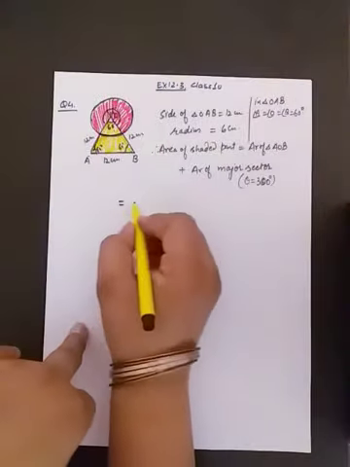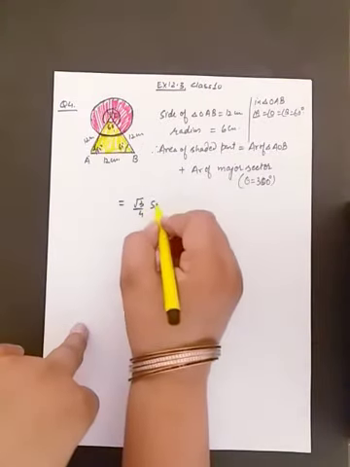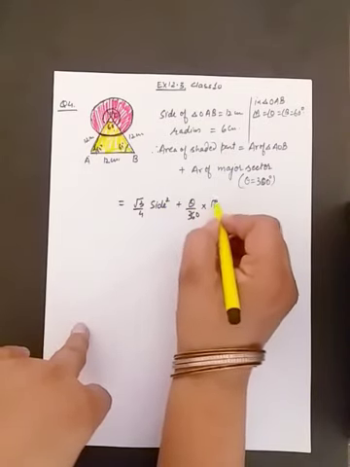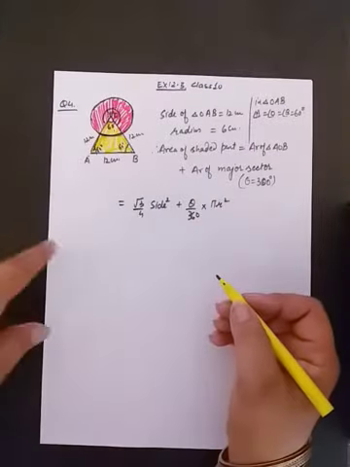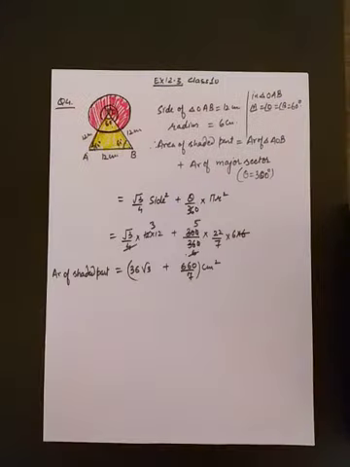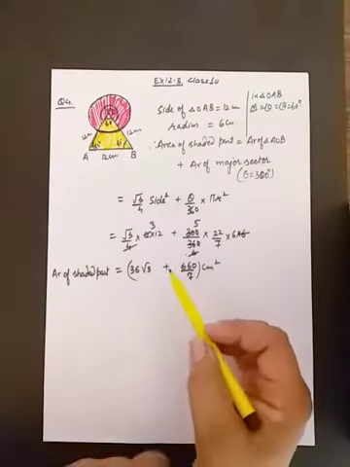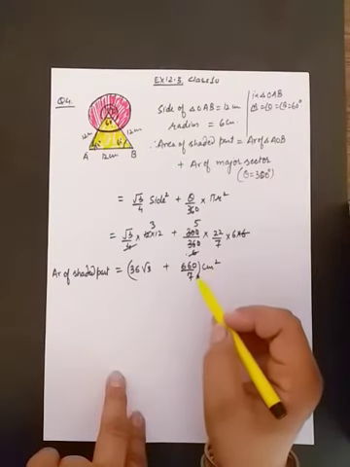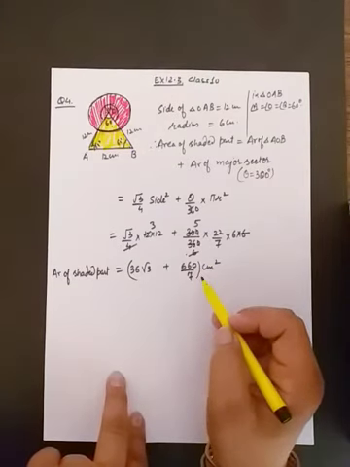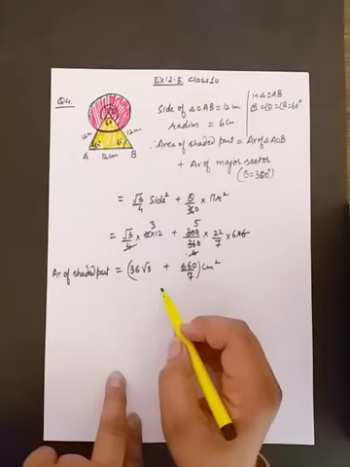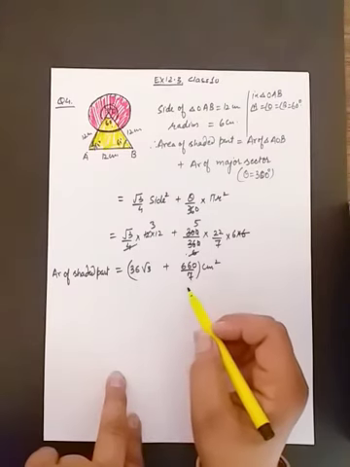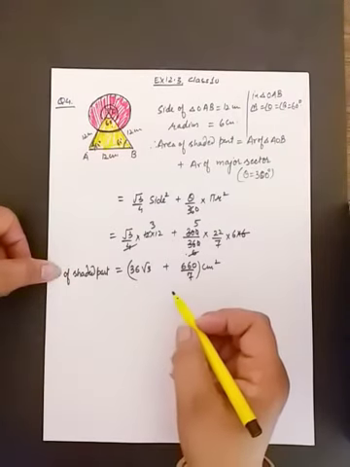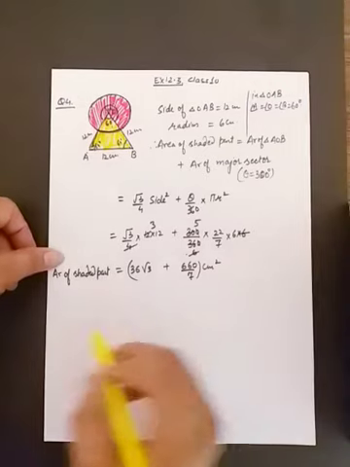And the area of an equilateral triangle is root 3 by 4 into side square. And for the area of a sector, theta upon 360 pi r square. So by putting the values we can find this area. So the area of the triangle will be 36 root 3 centimeter square and the area of the major sector will be 660 by 7 centimeter square. So this is the area of the shaded part in the given figure. If the value of root 3 is given in the question, then we can solve it for the next steps.